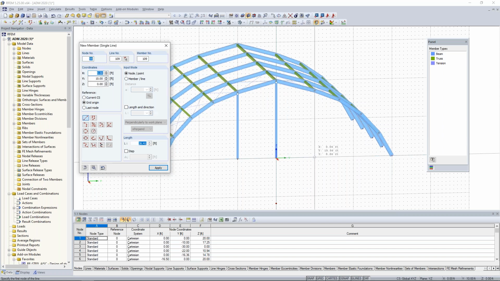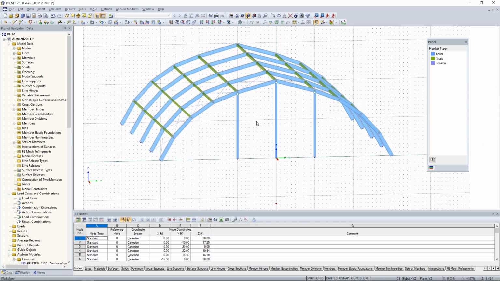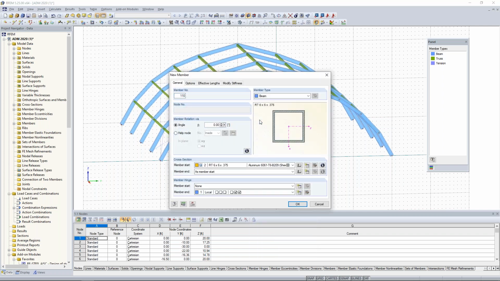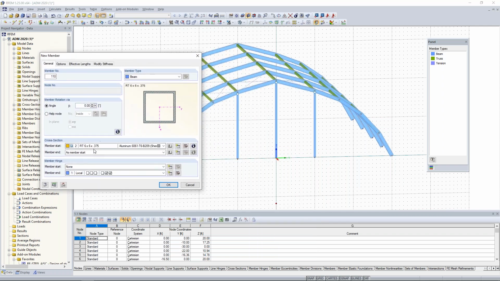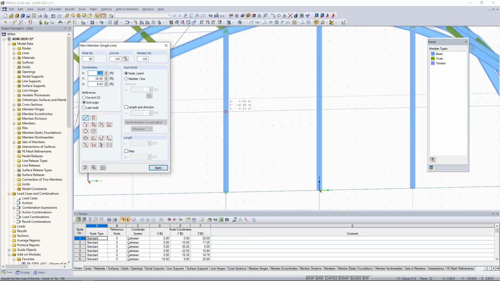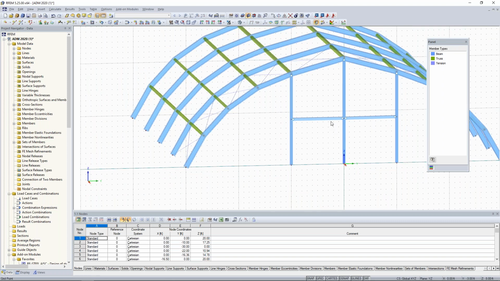So I'll do that at 3 locations here. I right click a couple times and I'm going to repeat the new single member. Same exact concept for my small little beam elements, but I am going to apply a member moment release here at both the start and the end. I click OK, and then I'm going to snap to the midpoint of the column on my left. The program detects what is the perpendicular point with my snap settings,